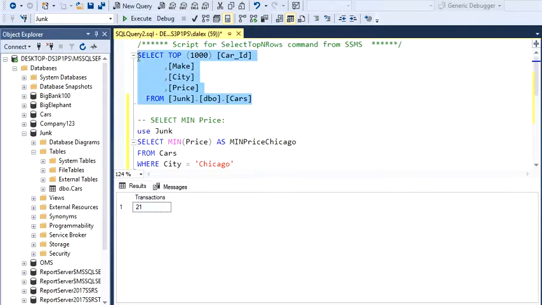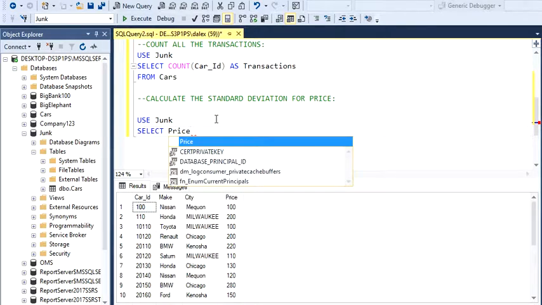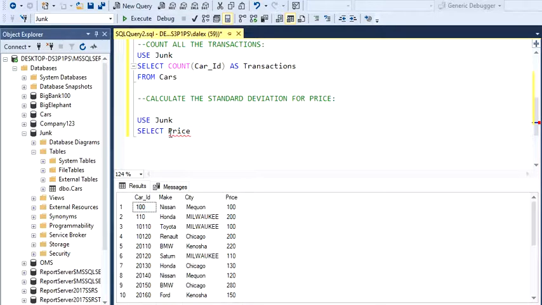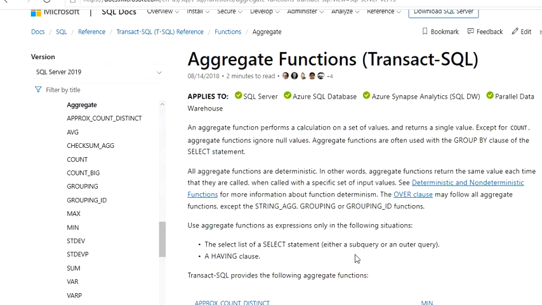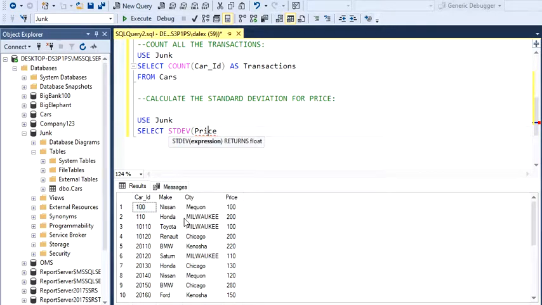Okay, let's just try to go over the last example. Let's try to calculate the standard deviation for the price. Okay, so we're gonna use our database. We're going to select price, right? Because you're going to calculate the standard deviation for the price. But remember, the function must be here. So if you don't remember what's the function for standard deviation, you go over the material and it says STDEV. So STDEV. And notice how it changed the color. Okay, so we need a standard deviation for the price